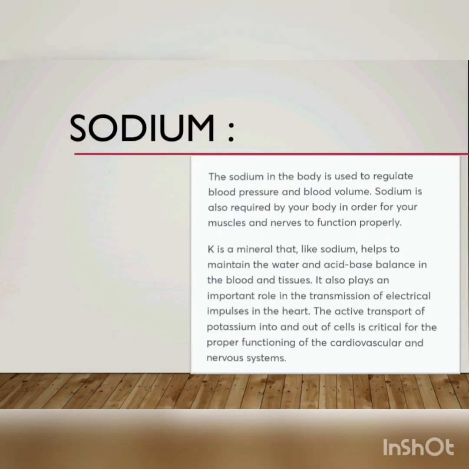Firstly, sodium. Sodium is used by the body to regulate the blood pressure and the blood volume. Sodium is also required by your body in order for your muscles and nerves to function properly. Sodium is a mineral that helps to maintain the water and acid-base balance in the blood and tissue. It also plays an important role in the transmission of electrical impulses in the heart. The active transport of potassium into and out of the cell is critical for the proper functioning of the cardiovascular